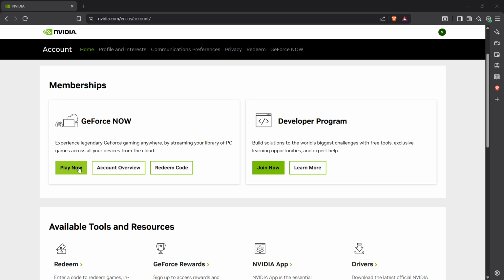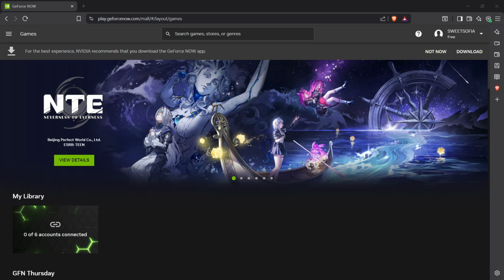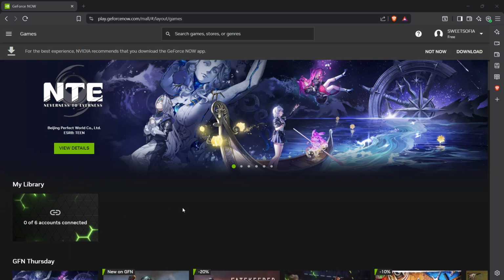When your session begins, you can play using a keyboard and mouse, a touchscreen on supported devices, or a compatible controller. Use the control method that feels most comfortable for the type of game you are playing.